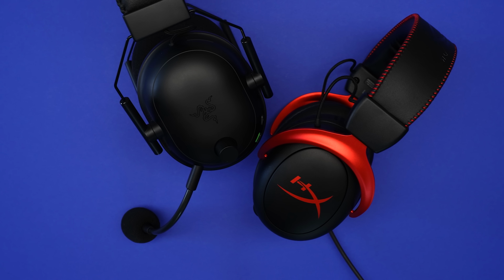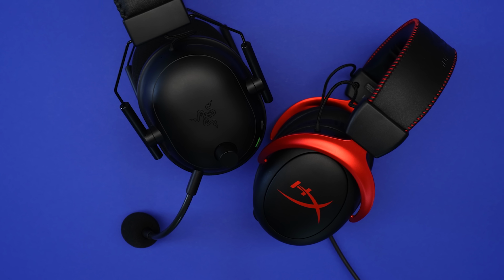These always require some adjustments so they're not putting pressure right on that pressure point behind my ear. Between that, the minimal interior space on the cups, and the heat buildup, this is definitely not the most comfortable gaming headset out there. The HyperX Cloud 2 and the Razer Blackshark V2 both lead the league in comfort. But when it comes down to how good this thing sounds versus how much it costs, well, it's a numbers game,